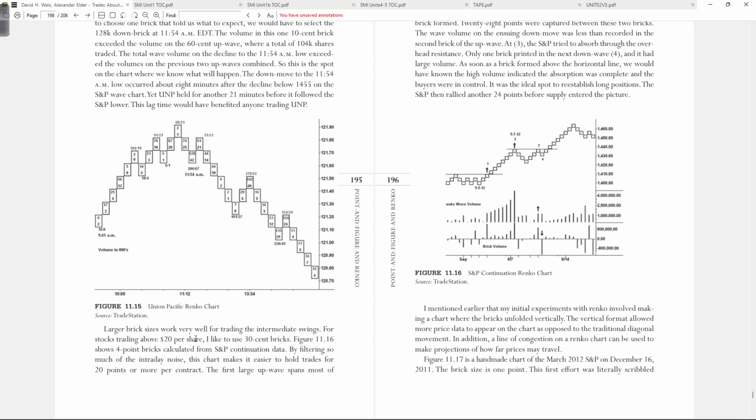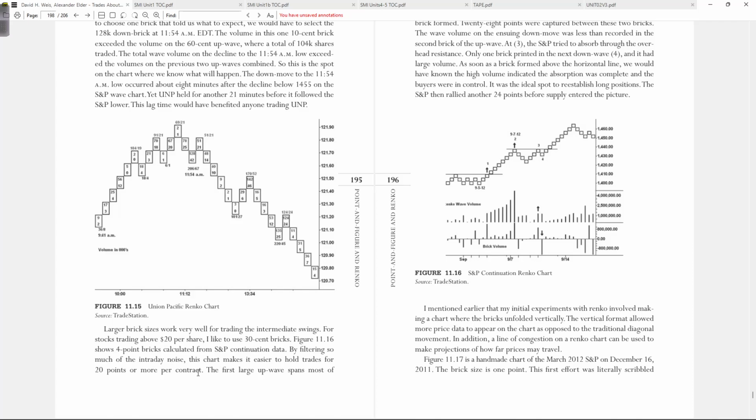Larger brick sizes work very well for trading the intermediate swings. For stocks trading about $20 per share, I like to use 30-cent bricks. Figure 11.16 shows 4-point breaks calculated from S&P continuation data. By filtering so much of the intraday noise, this chart makes it easier to hold trades for 20 points or